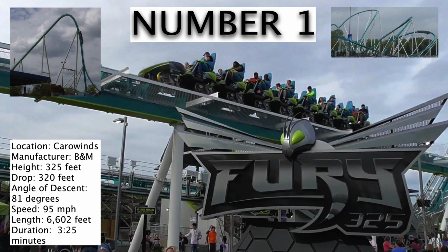But I want to hear from you. What are your top roller coasters? And do you agree with this list? How many on this list have you ridden? And do you agree with which ones are better? Do you agree that Intimidator is better than Diamondback? Or that Afterburn is better than Banshee? And should Millennium Force have been as low as it actually was? There's a lot of things in this list that can be discussed, so I want to hear about them in